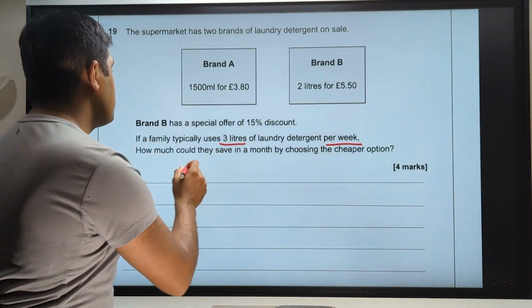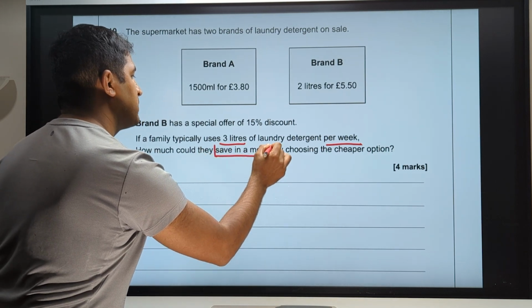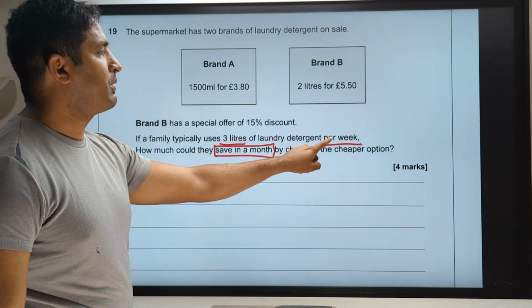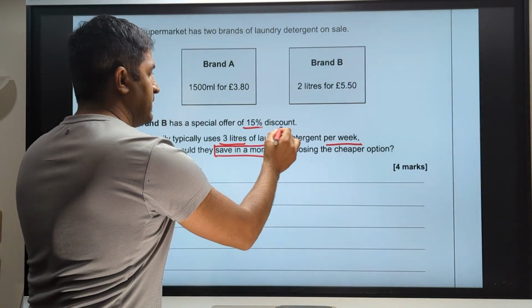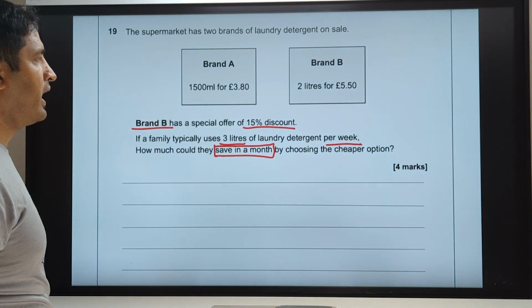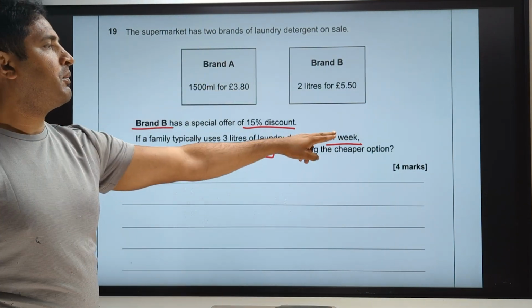So how much they could save in a month. That's the special one, okay? Underline important information: 3 liters per week, 15% discount on brand B. For brand A, you don't get any discount, okay? So we're just going to work out the options for